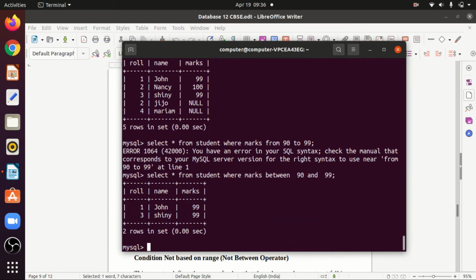See, for 90 and 99 you have two records. So 90 and 99 will be printed. This is the syntax for that.